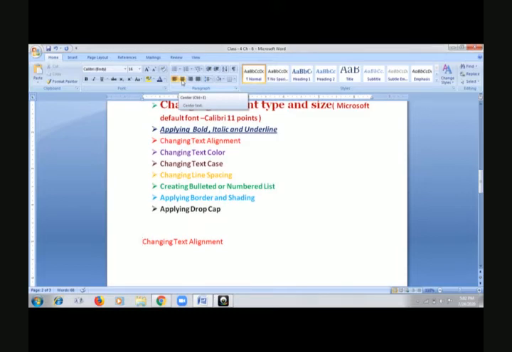Then Control plus R for alignment towards the right, and this is for justify. Justify means aligning the text to both the left and right margins. It adds some extra space between the words so that the whole line in a paragraph fills evenly.